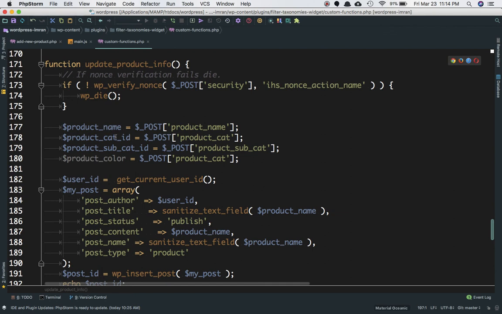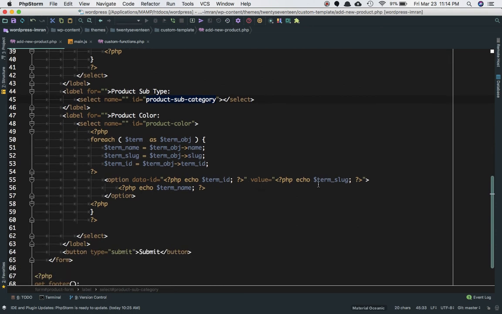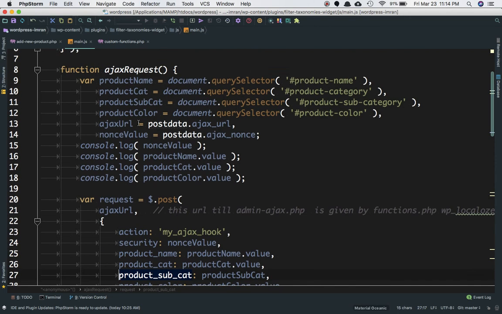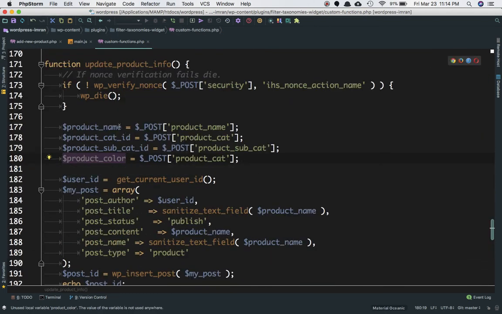Okay, so let's do that. Product name, basically. Product color, what do we have in product color? Let's check that. Yeah, I think value has got the slug. We don't need the slug, we need the name. So product color, value is equal to term name. Okay, cool. So coming back to our custom functions.php, we need the product color name,